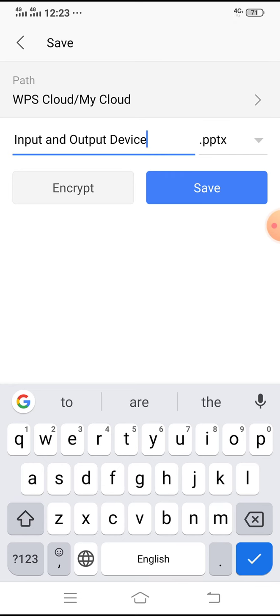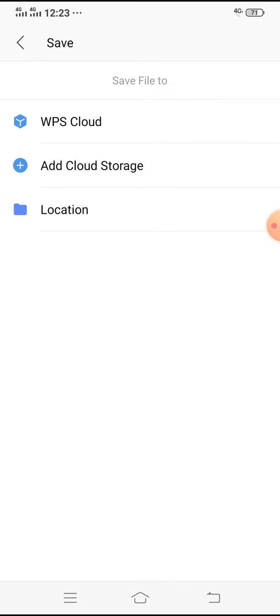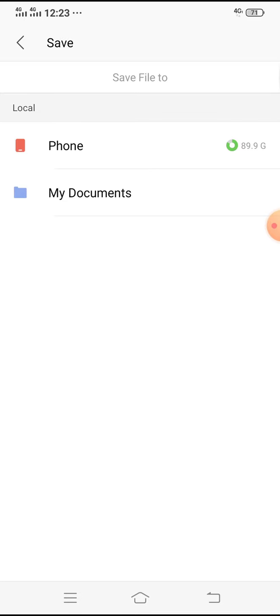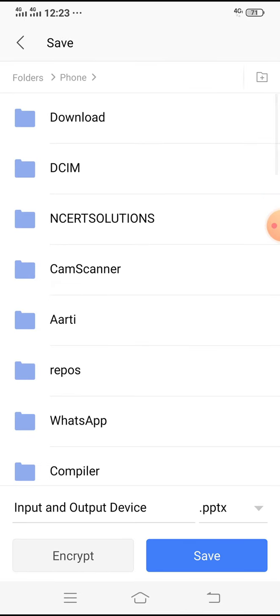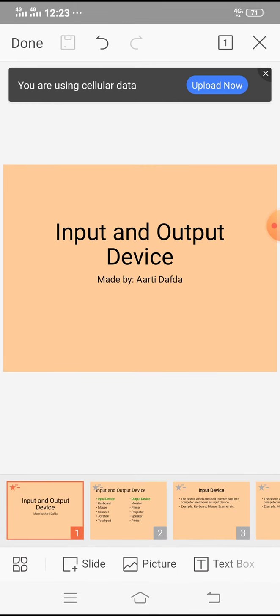Input and output device. By default, it saves in WPS Cloud. If you want to save it in your phone memory, just click on the arrow and select the location. And then click on the save button.